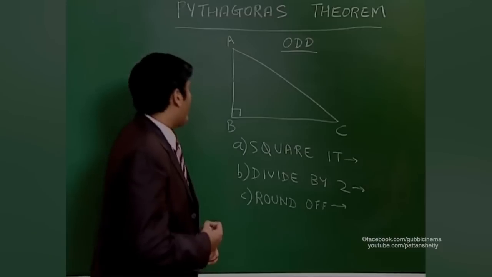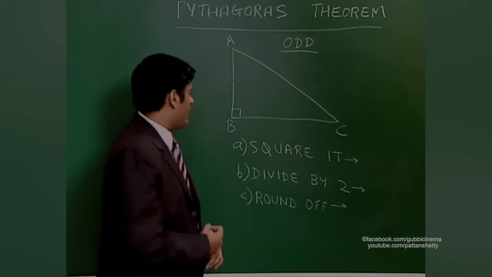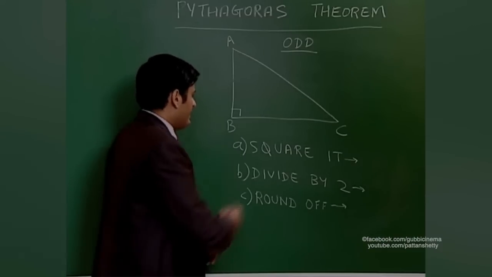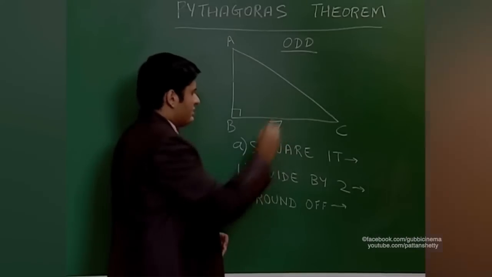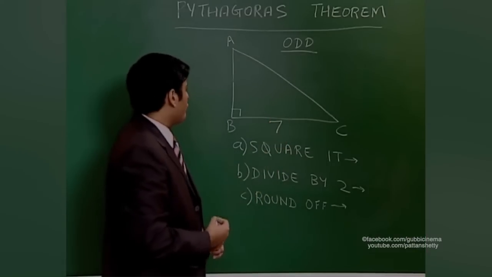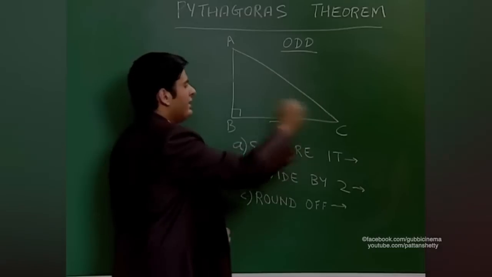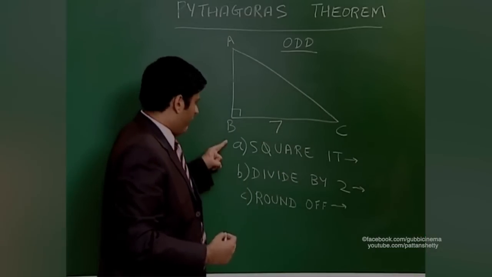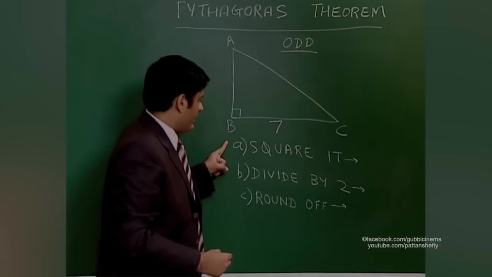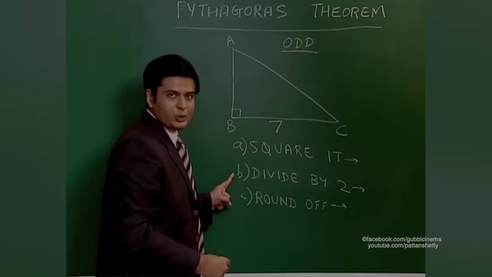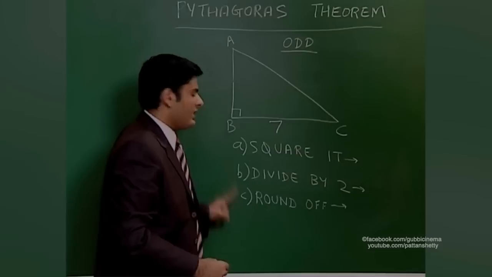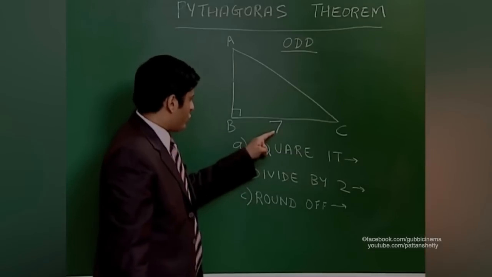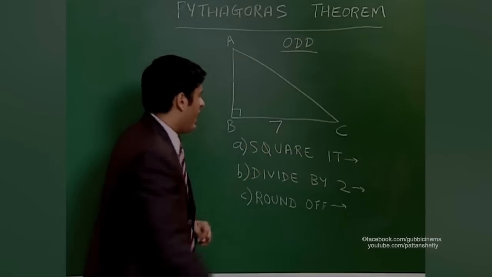Suppose I am told that in triangle ABC, side BC is 7 units and I have to find sides AB and AC. So as I said, we will be using 3 steps. First step says square it, second step says divide by 2, third step says round off. So square it. When I square 7, I get